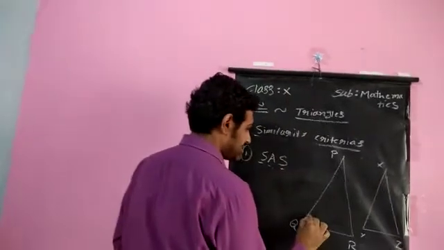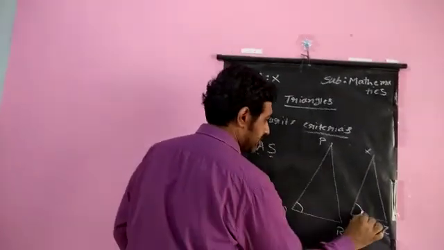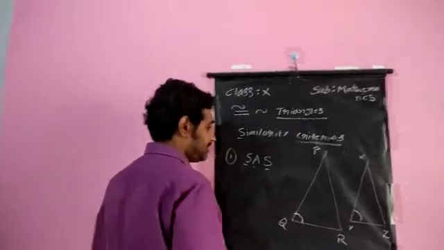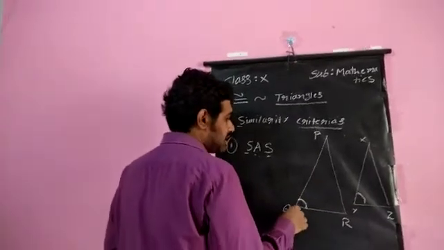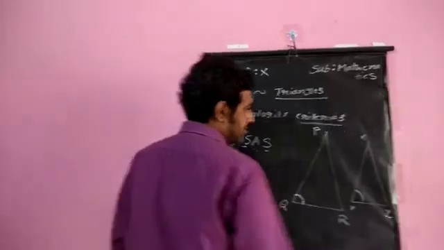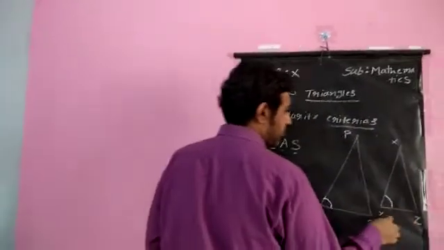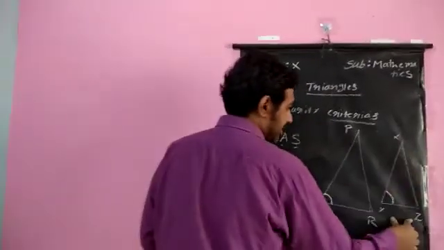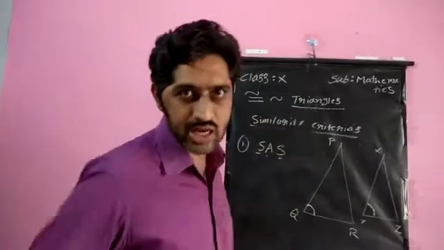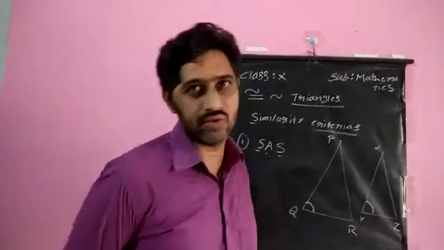In this, if I say that angle Q equals angle Y, the sides which form angle Q are PQ and QR, and the sides which form angle Y are XY and YZ. One angle of one triangle equals one angle of the other triangle,